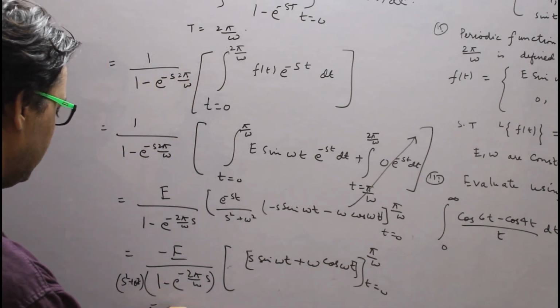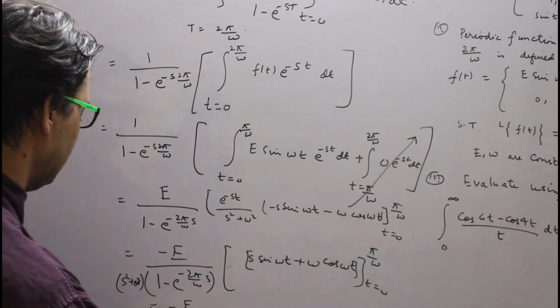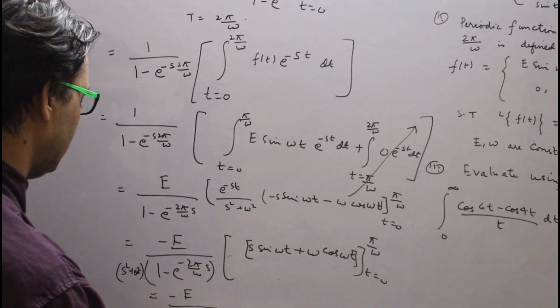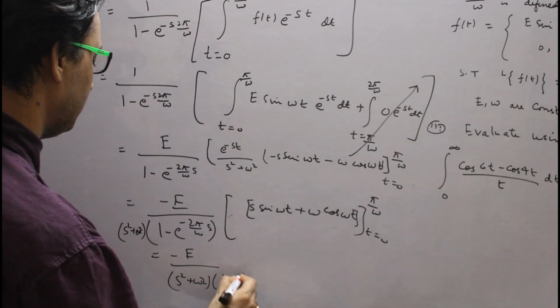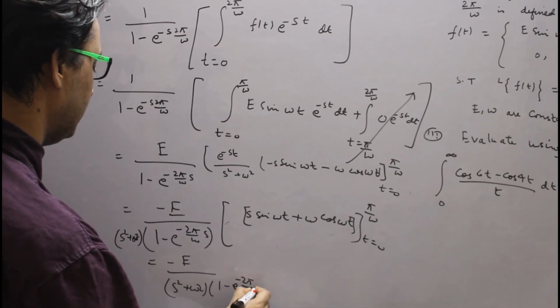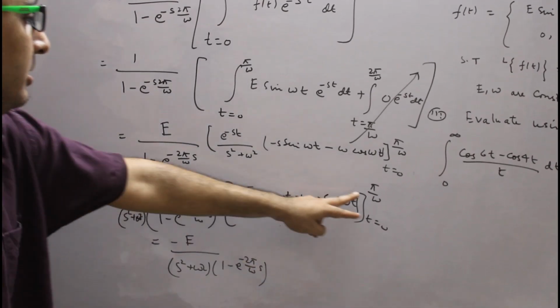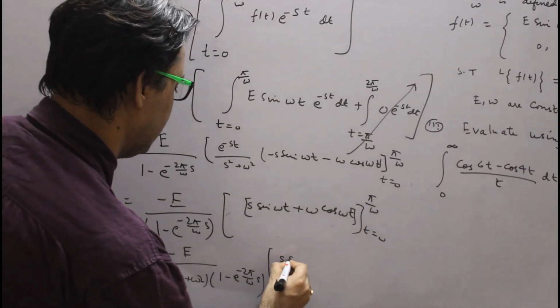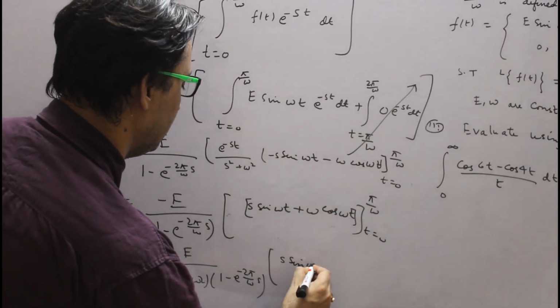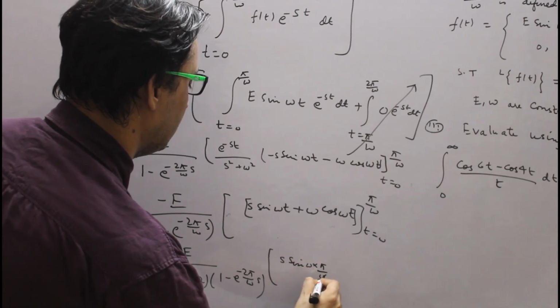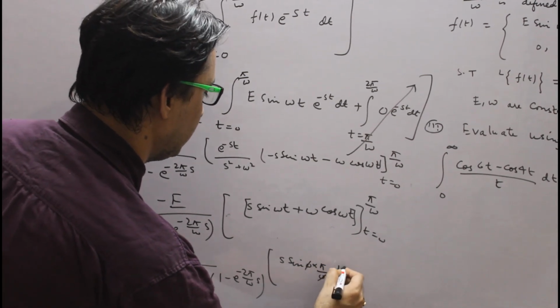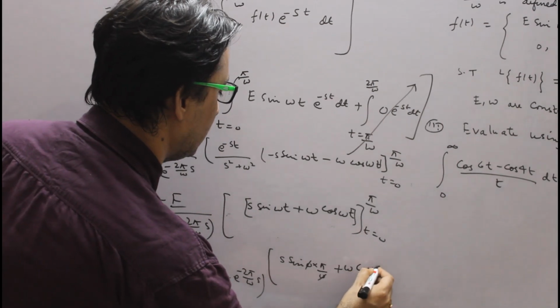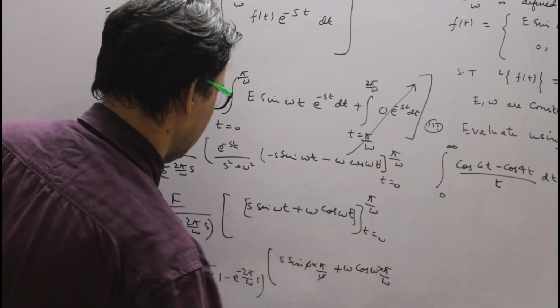Now if we put the limits, upper limit is pi by omega, so s sin omega into pi by omega, omega gets cancelled. Omega cos omega into pi by omega,